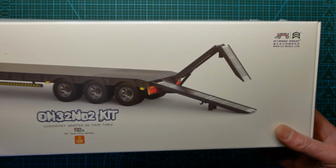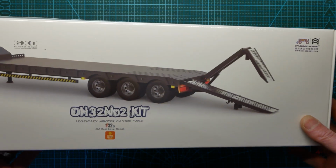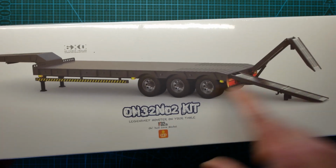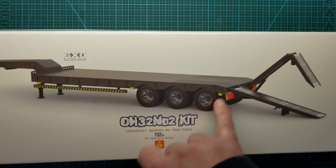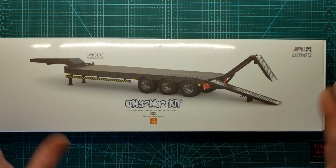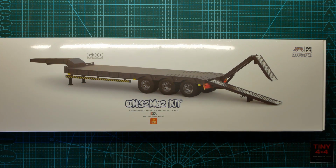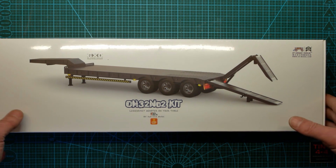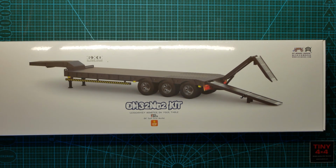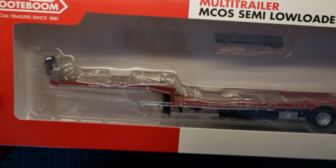You may have seen the promotional video, the action on these ramps as they come down is really nice. I was a little bit disappointed that they've done a full-size wheel design. I suppose it gives them some flexibility for the future, when I imagine this is the first of many trailers, but I was hoping for something a little bit more along these lines. This is a Marge Models Newt Boom low loader, and you can see it's got the smaller wheels there,